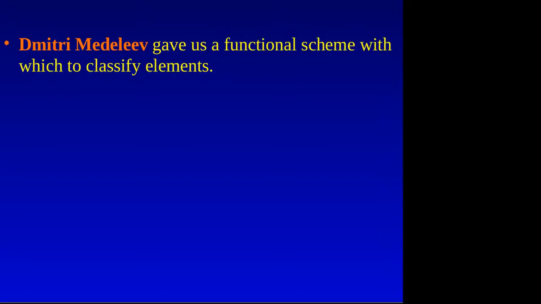And what happened was Dmitri Mendeleev gave us a scheme to classify elements. He was looking at elements, trying to figure out why they kept doing the same things over and over again. Why the elements kept having similar properties, or why certain chemical reactions you could replace the compound with another compound. So if you had a chemical reaction that was using chlorine, you could replace it with fluorine, and you would get a chemical reaction. It would not be the same substances, but they would react in similar ratios.